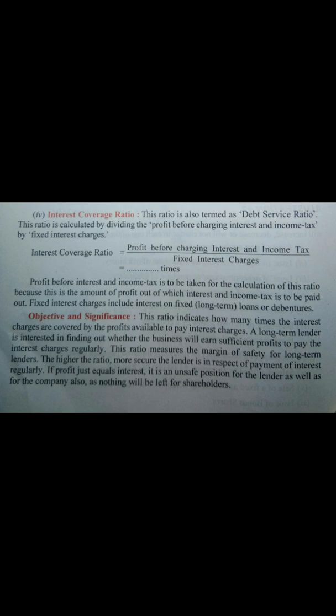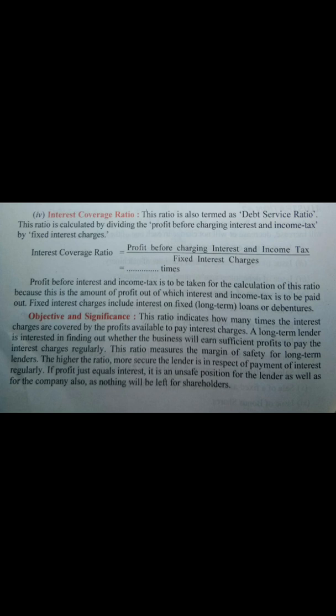This interest coverage ratio shows how many times or how many folds a company can earn profit, and how easily and conveniently a company can pay its interest on the long-term